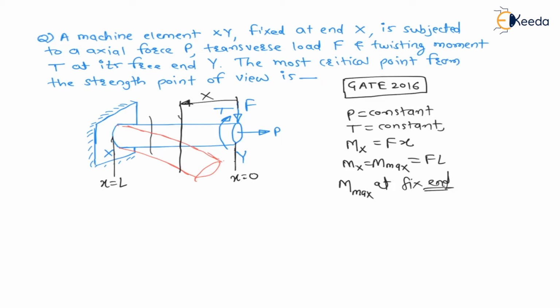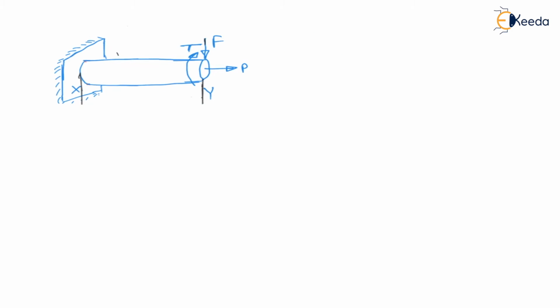At each and every location applied load P is constant, torque is constant, but the bending moment is maximum at the fixed end. Therefore from this data we can definitely say the fixed end is critically loaded, because bending stress or bending moment at this location is maximum. Now again at the critical location we have to find the critical element. Now let us go for the critical element.